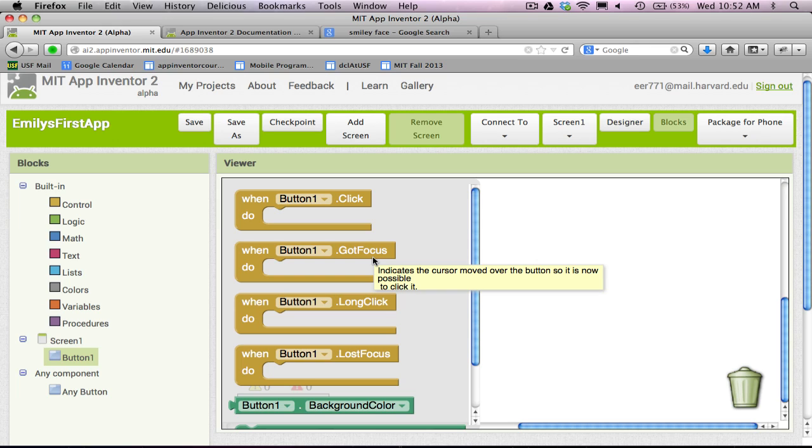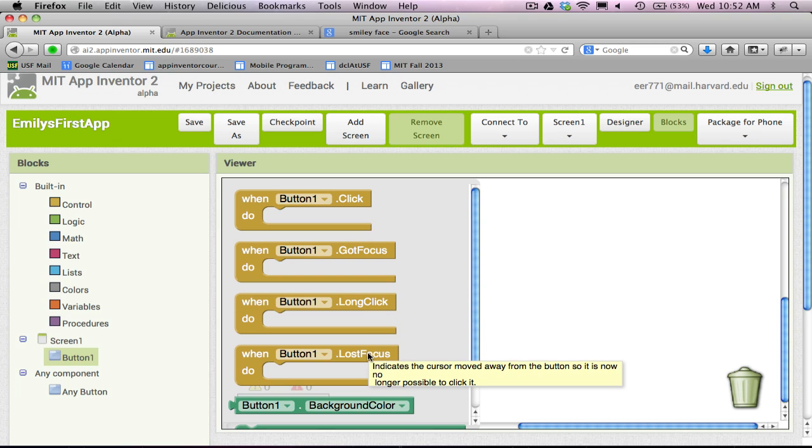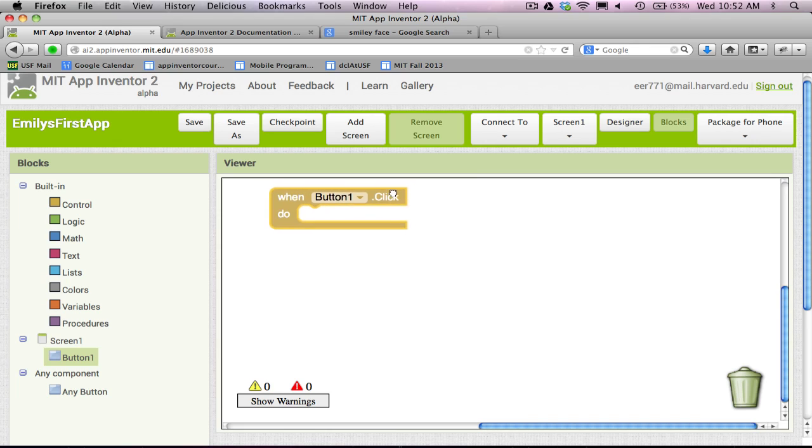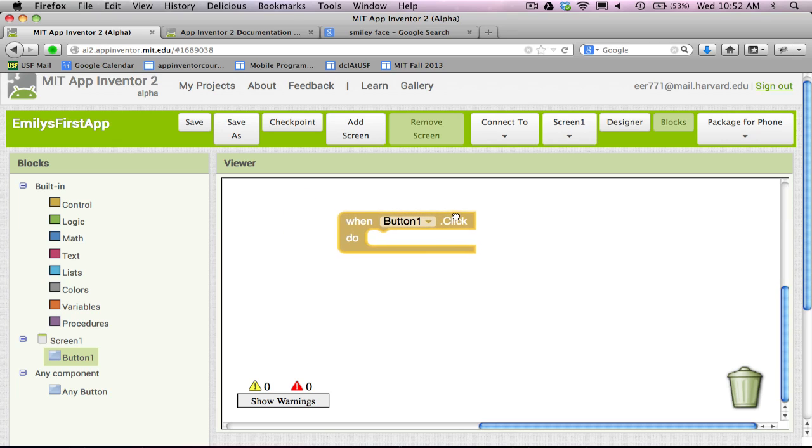So the Got Focus block seems to be doing exactly what this little definition is doing. The long click indicates the user has long clicked on the button. And the lost focus means that they've moved away from the button, so that you would need to change things. Okay, so I'm going to take the, okay,